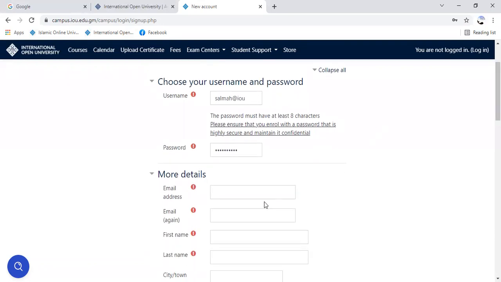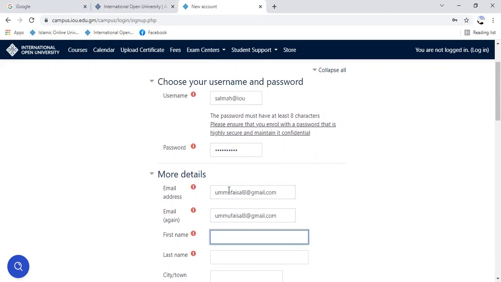And then you put in your email address. Ensure that you enter the email address correctly without any mistake. For the next one, you should repeat the email and ensure that you put it correctly and it's the same as the one above.